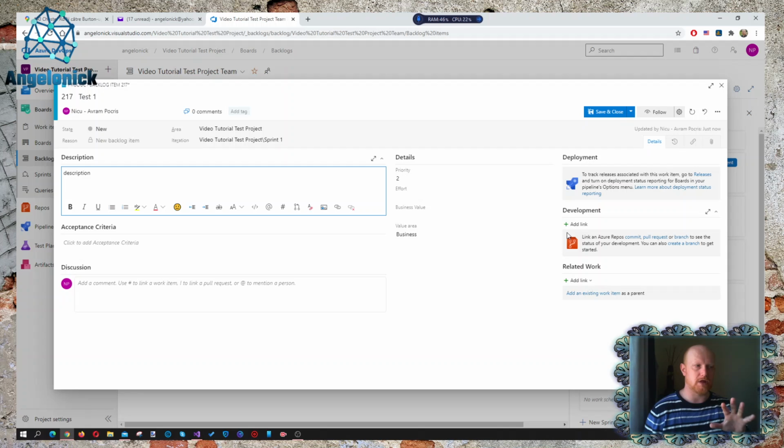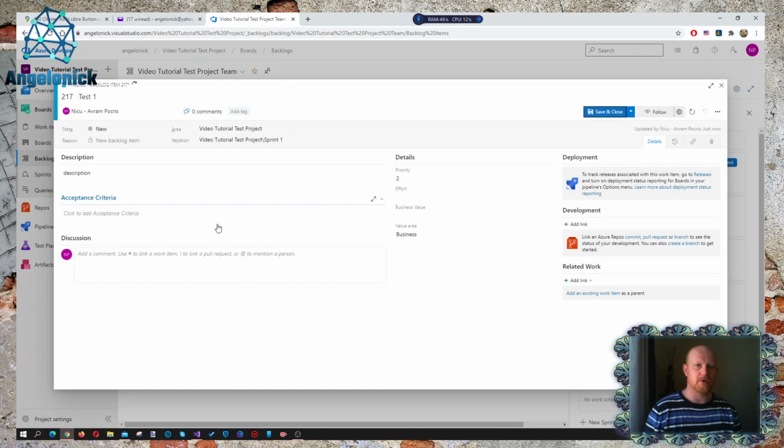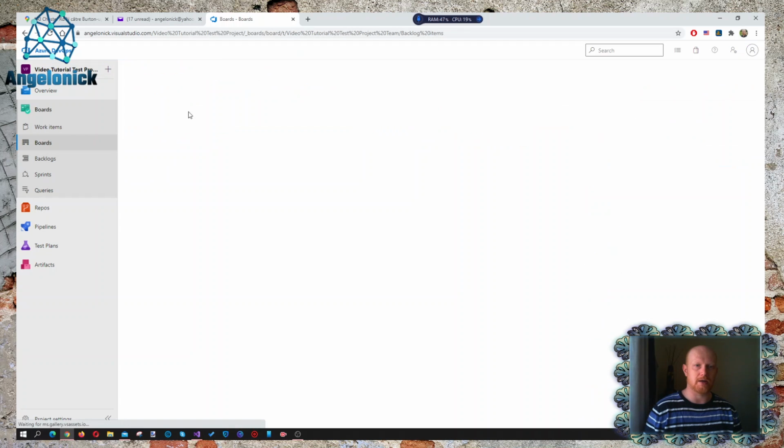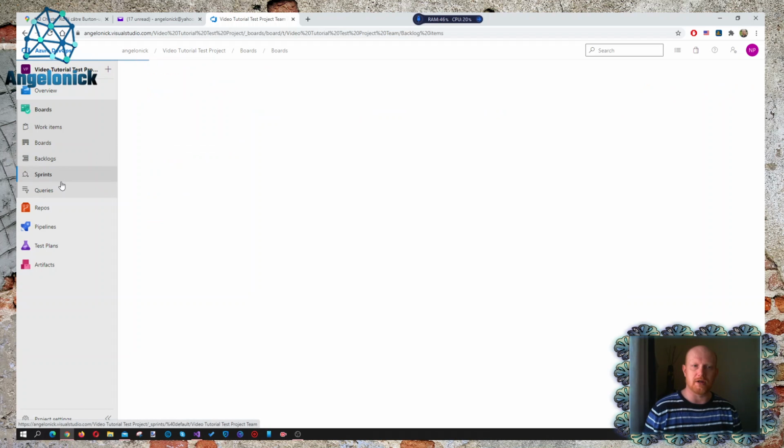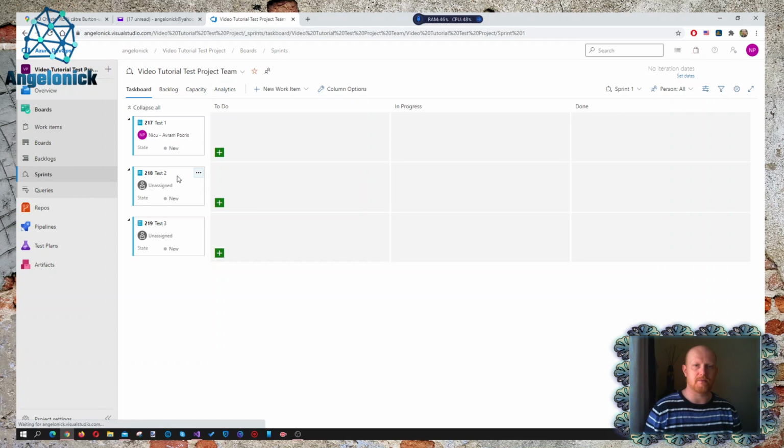Basically, I will not stay too much on agile methodologies. I will stay on presenting the functionalities of this platform. Okay, so we have this. We can go back in boards, and here, sprints. For example, in sprints we have the backlog, and in every backlog